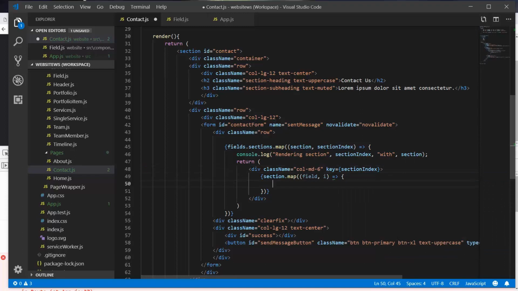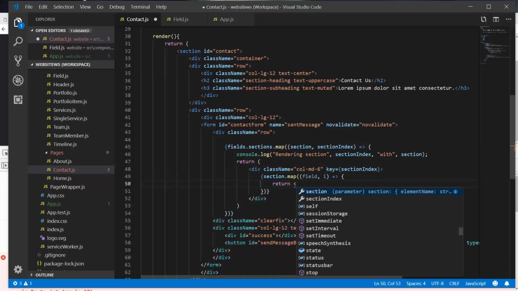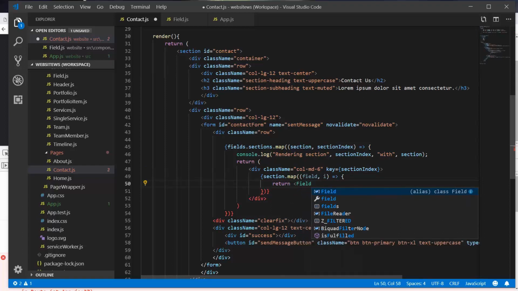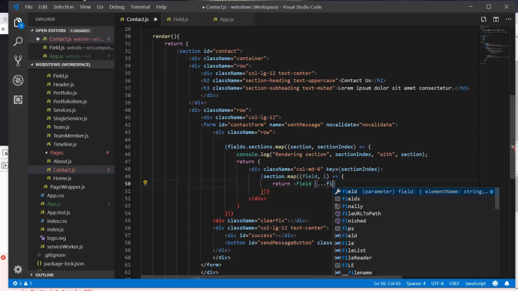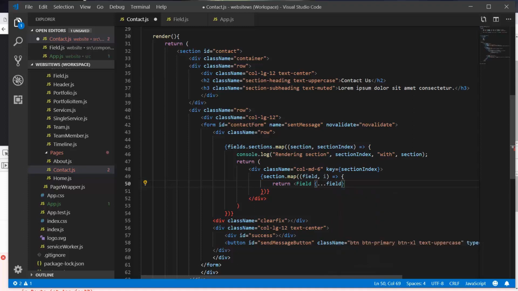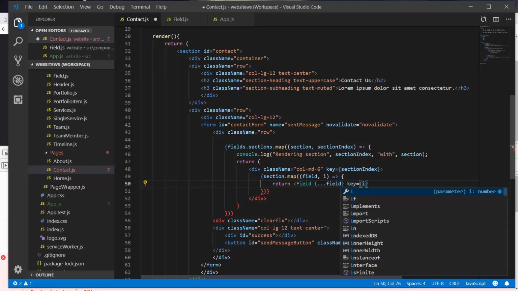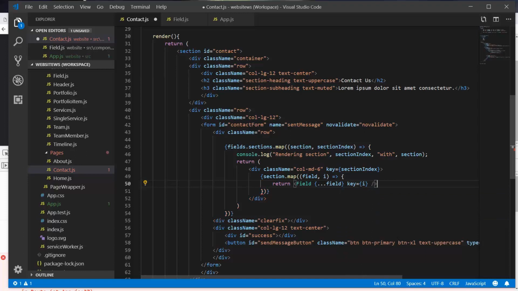And then under the sections themselves, we are going to return Field, and a property for field that's going to pass in the name, element name, stuff like that. And then we're also going to set the key equal to the field's key. And then we're going to save